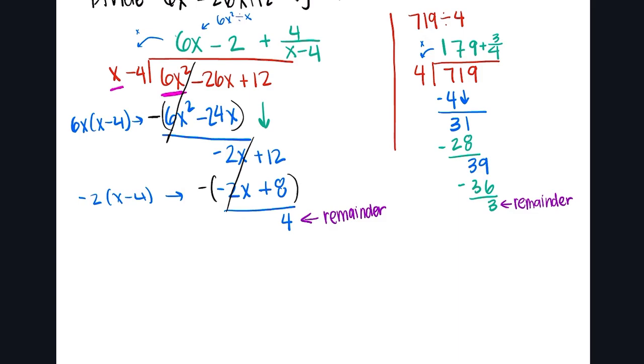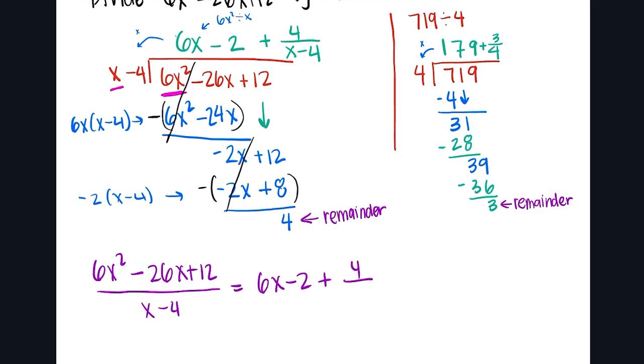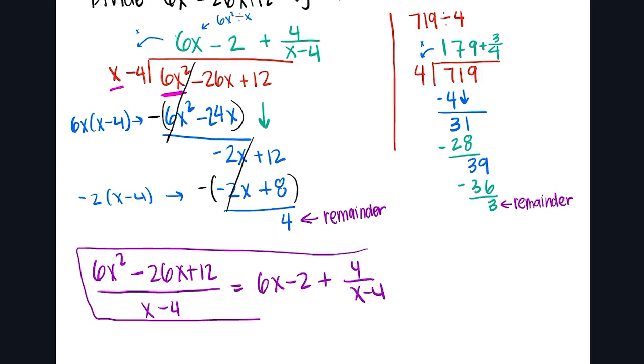So then there's a couple of different ways that I could write out what we just did. I could say that this 6x squared minus 26x plus 12 divided by x minus 4 is equal to 6x minus 2 plus 4 over x minus 4. So this is one way to write our answer. But I'm pretty sure your homework asks you to also write it, sometimes, I don't remember if it's every time or some of the time, in